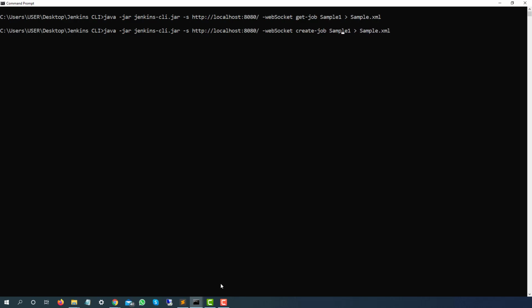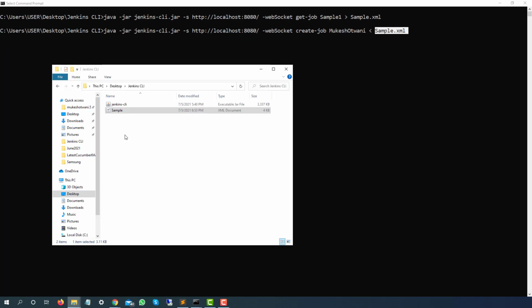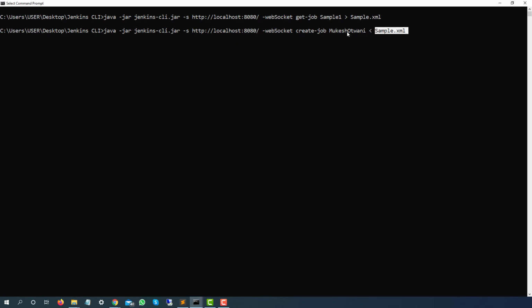The job name I will give as Mukesh Otwani, because I don't have any job with this name, and I will just reverse this arrow. What I'm saying is, I have the configuration inside the sample.xml file, and I want to create a job called Mukesh Otwani.